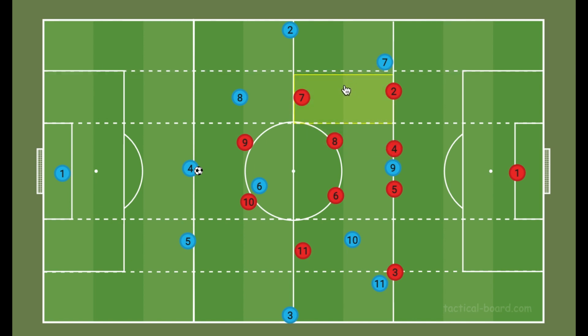Now, pretty typically, it's done by a simple inversion, and then now we have 2 players occupying the half space, single width on one side, and now we can start to see even more of a double pivot if now the 8 drops deeper, and now we have a more natural double pivot occupying both of the central strikers, the fullback creating width, and now with the double pivot we can have a little bit more rotation, creating a 3-1